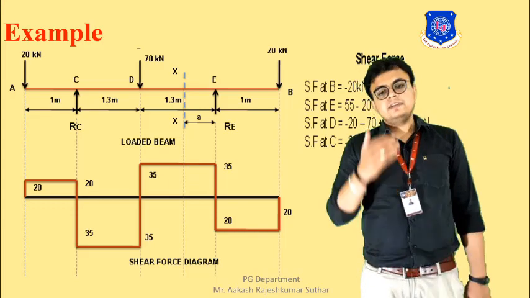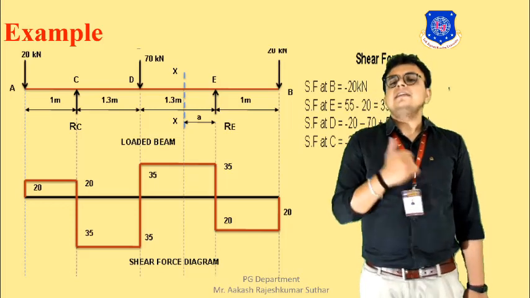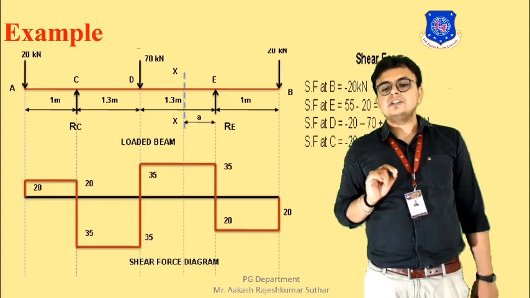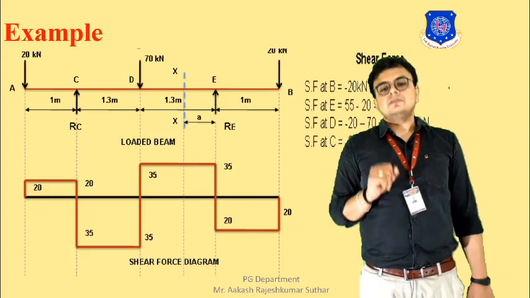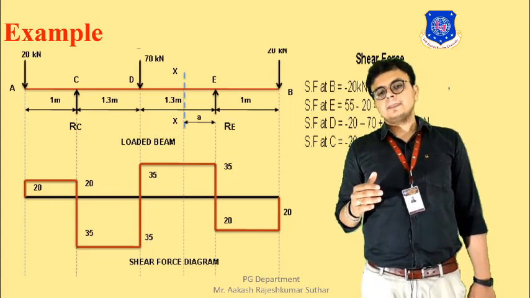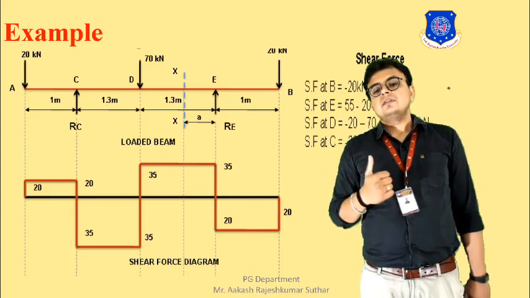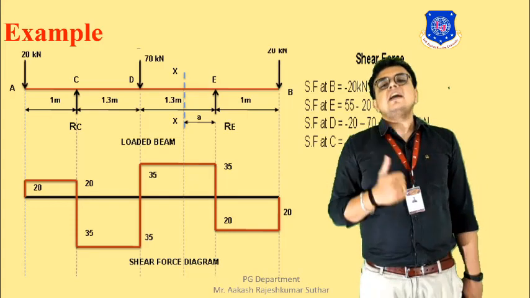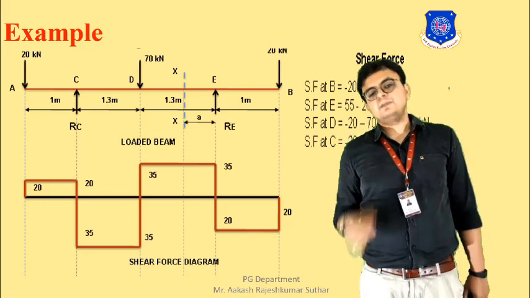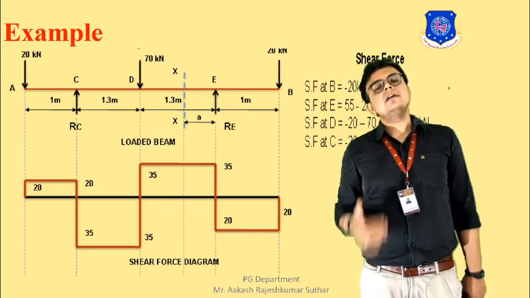So again, we are getting the shear force is minus 35. So we will be moving in above direction. Again, it will be constant till E, and at point E, we are getting the shear force as 35. Okay. So again, we will be reaching to 0. But at the same time, we have the reaction of this 55. So minus 35 plus 55, we will be getting the value of plus 20. And at the end, we will be getting 20 value below the black line.